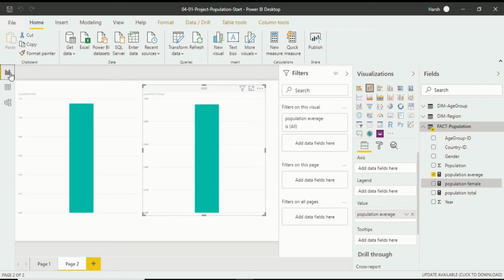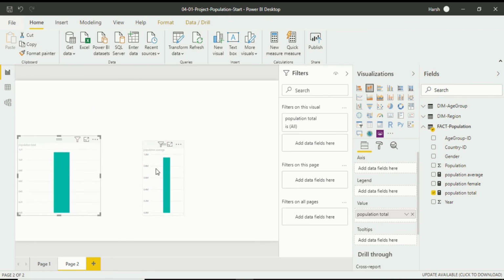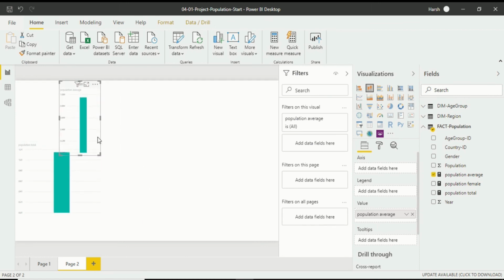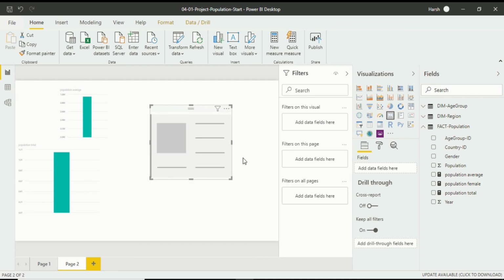So again we will go into the report view, and by making its size smaller I will introduce a new visualization for our data set. First of all I will drop it here and decrease its size. So I will introduce a new visualization for population female. Again you can use this multiple row card, or you can use a card. I will click on a card because it is kind of easy to understand. I will also give you a detailed explanation in my future videos on why we use a card expression. For now, you just have to see what is happening.